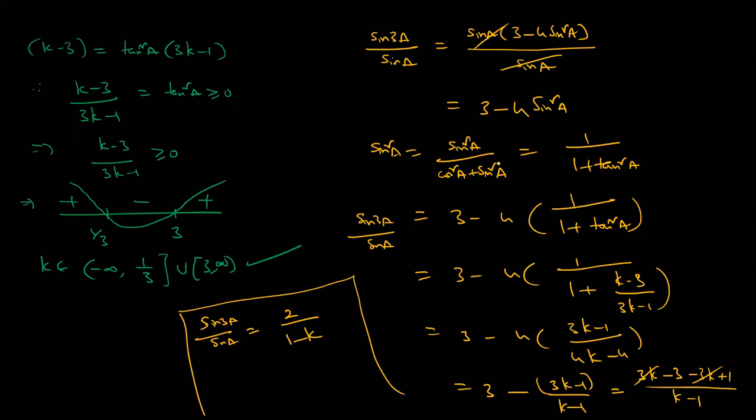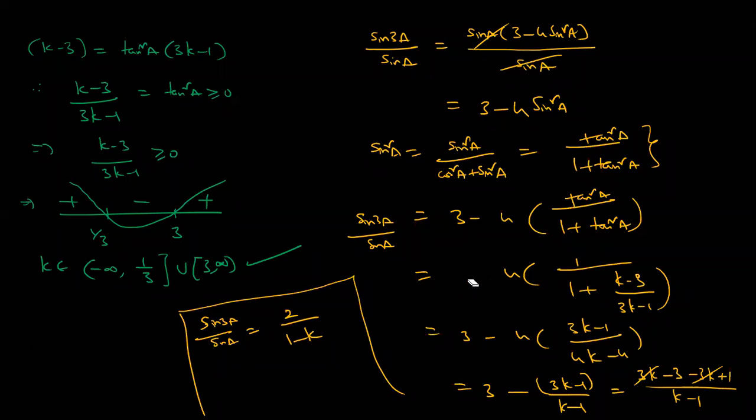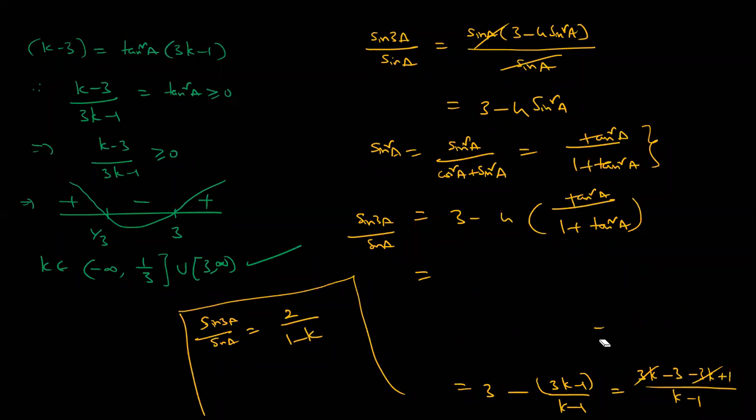Okay, sin square A means you can write like this, no, dear students? Sin square A means tan square A by 1 plus tan square A, no? Sin square A by cos square A plus sin square A means tan square A by 1 plus tan square A. Please change it, all of you. Tell me what is the answer? See carefully. Simplify, what is the answer coming?